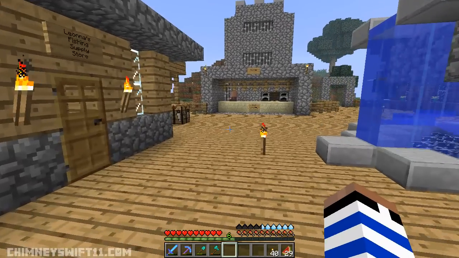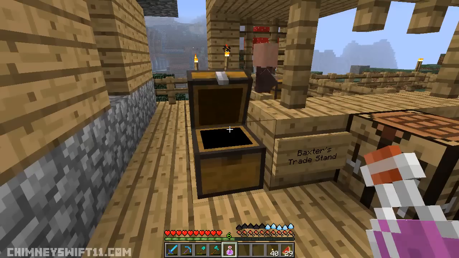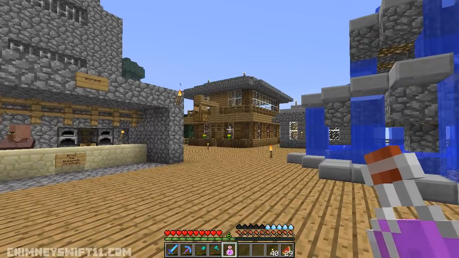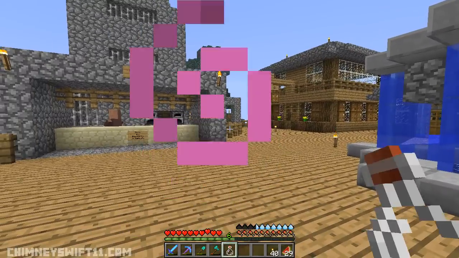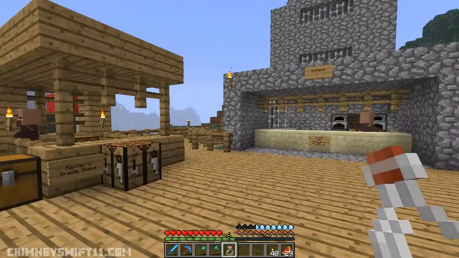So what we're going to do is take a look at the next item over here, and that is potions. Potions essentially give you a 1.5 water droplet increase for any potion. It doesn't really matter what potion it is, but they give you an increase. This was a potion of regeneration for 45 seconds, nothing too special, but it does increase your water